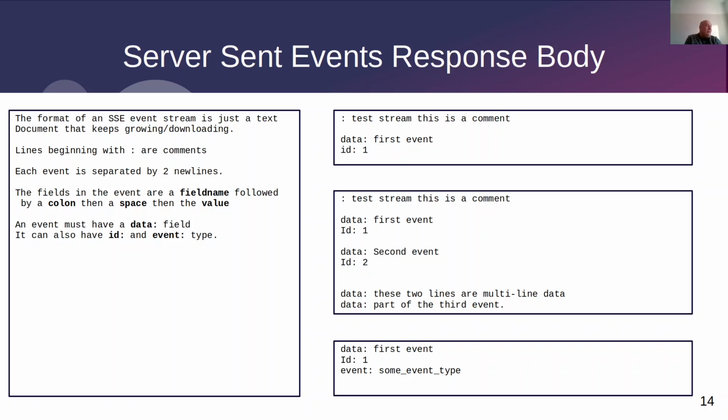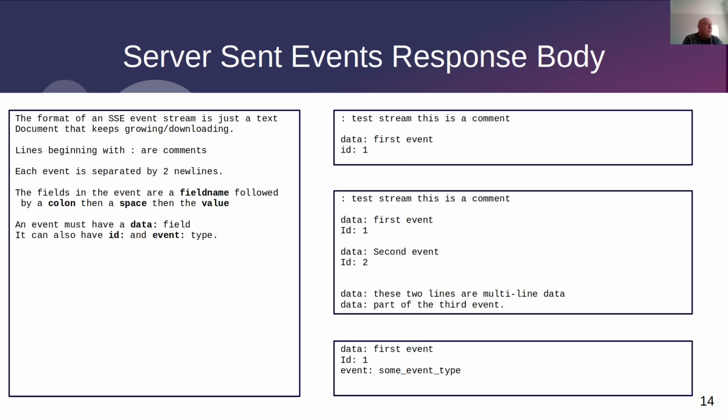There can be several fields in an event, which just have a field name followed by a colon and then a space and then the value of that field. Some common fields that you might have will be data, which I think is mandatory because that's the content of your event. It can have an ID, although that's optional, but the ID is pretty useful, and it can have an event field, which holds the type of the event,